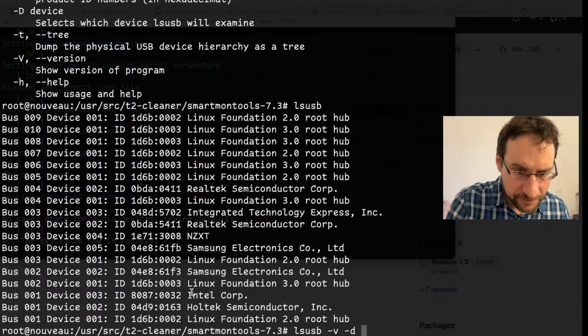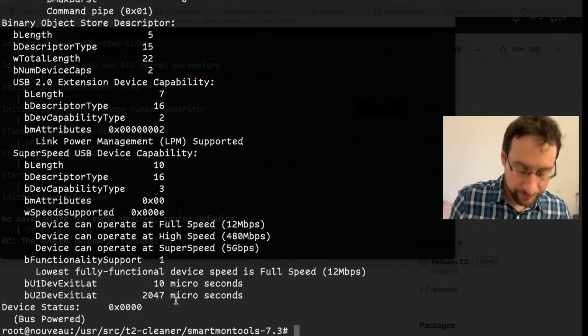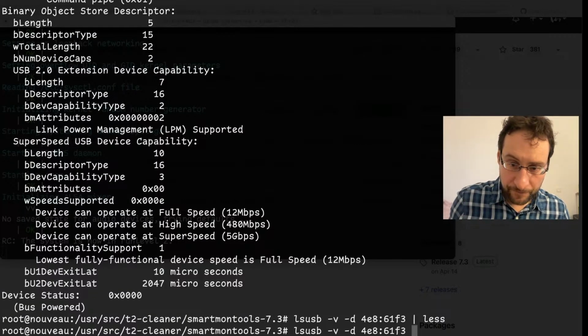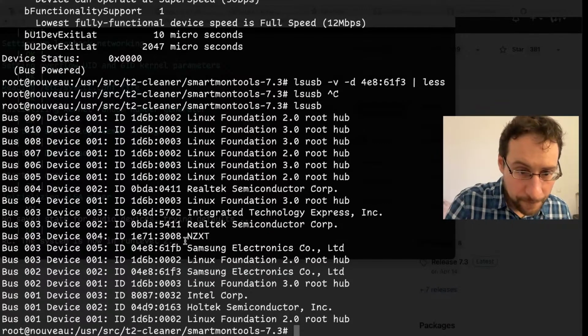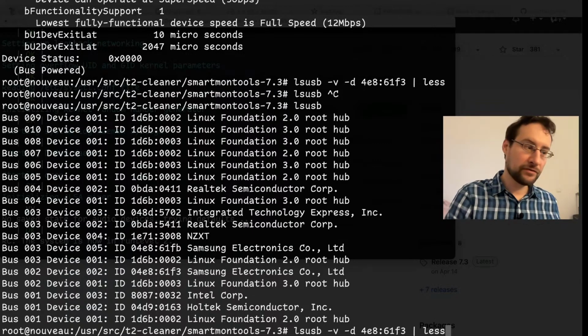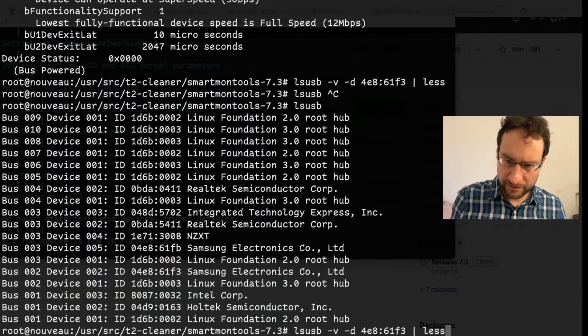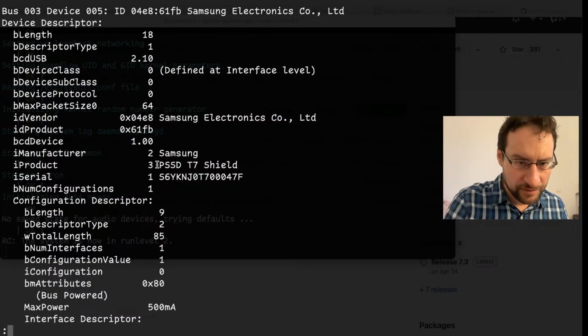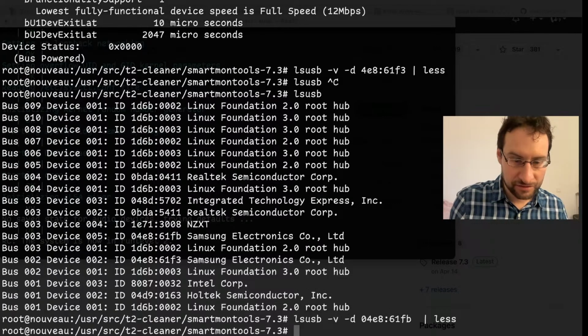This one is this one, and that is what, oh wait, this is the wrong one. Must be the wrong one. What am I doing here? Is it this one then? FB? Alright, FB, this one here. Obviously if I just plugged into some random USB port, then it is not sorted in some meaningful way. So it has a PSD T7 shield, a little bit name, but